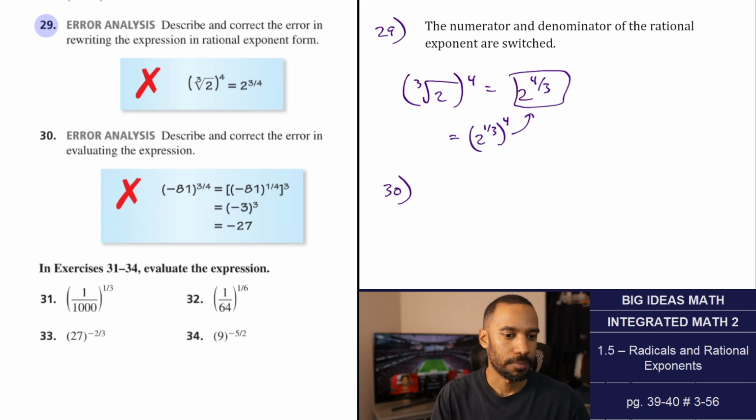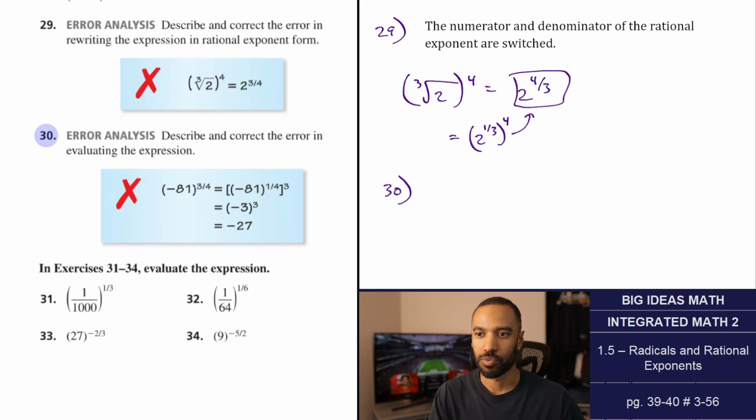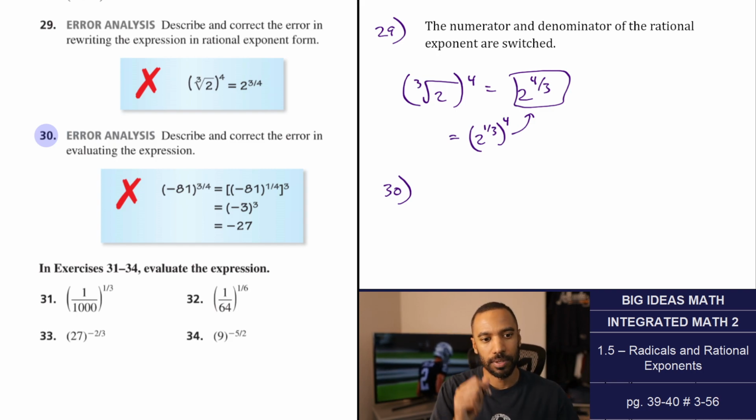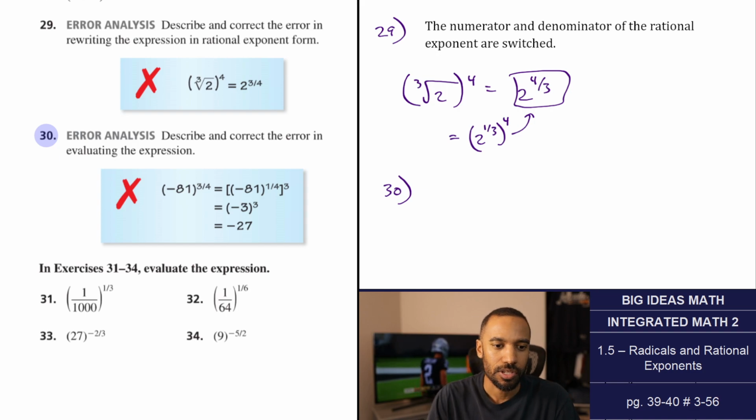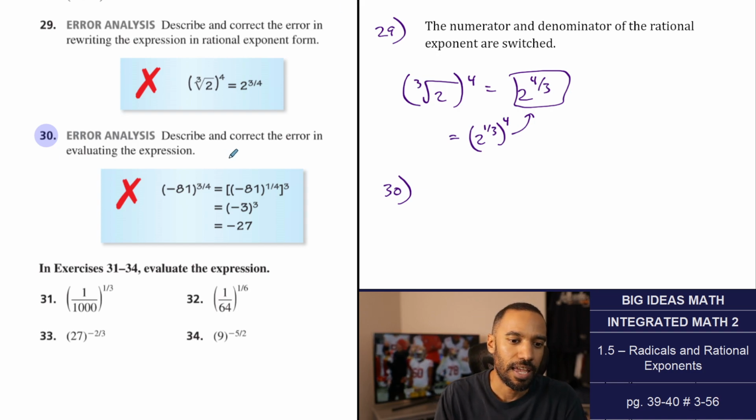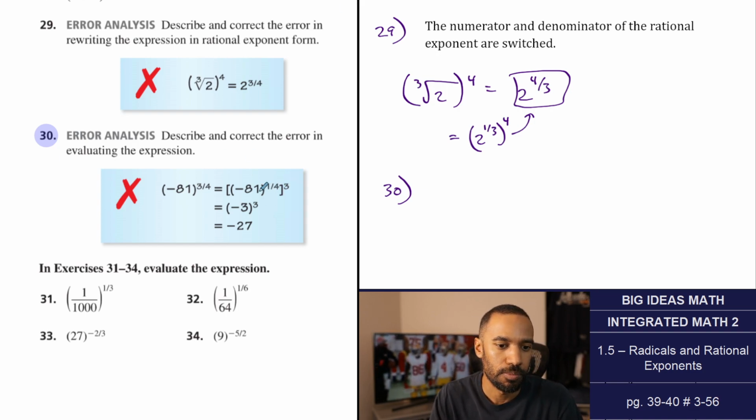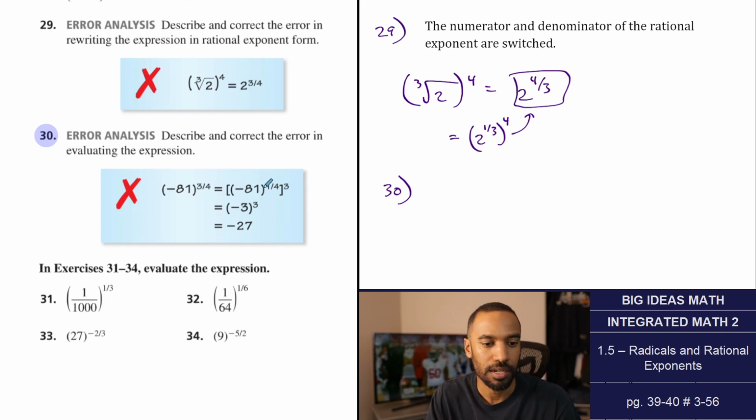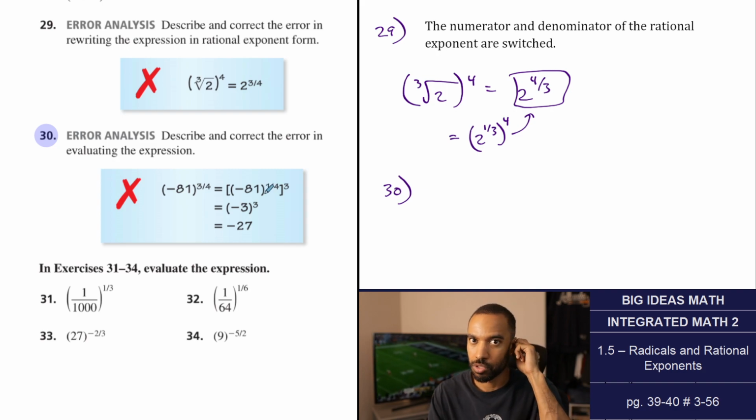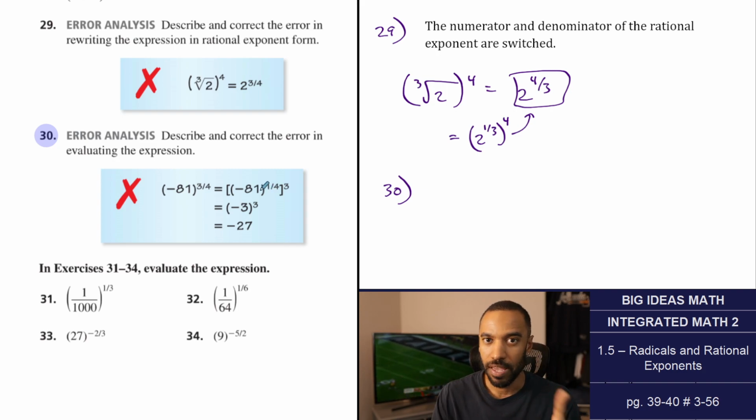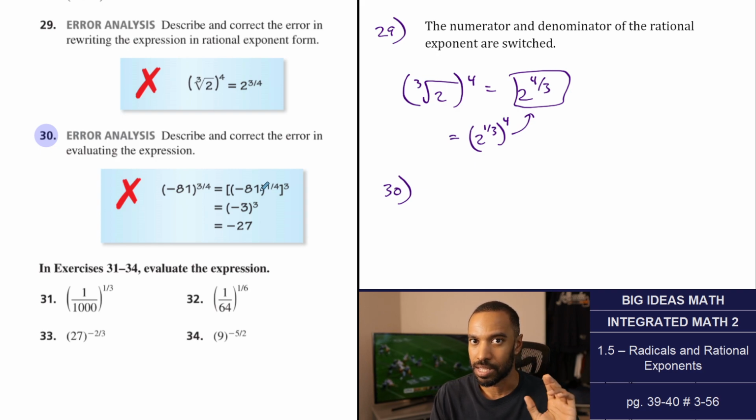Okay, number 30, describe and correct the error in evaluating the expression. So negative 81 to the 3/4, well, I already know where this is going. Negative 81 to the 3/4 power is, so notice how they did this. Negative 81 to the 1/4 cubed, so they went ahead and separated that, which is fine. But this is where they went to evaluate, and you would often see me rewrite this as the 4th root of negative 81 and go from there. So either or. Now the 4th root of 81 is 3, that's correct,